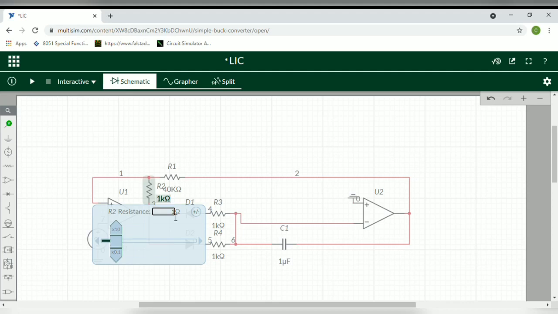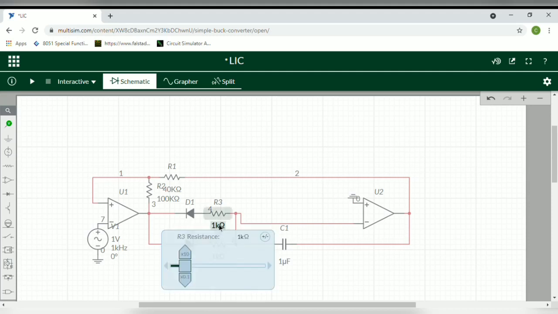Now the value of R2 is 100k ohms. The value of R3 is 40k ohms.